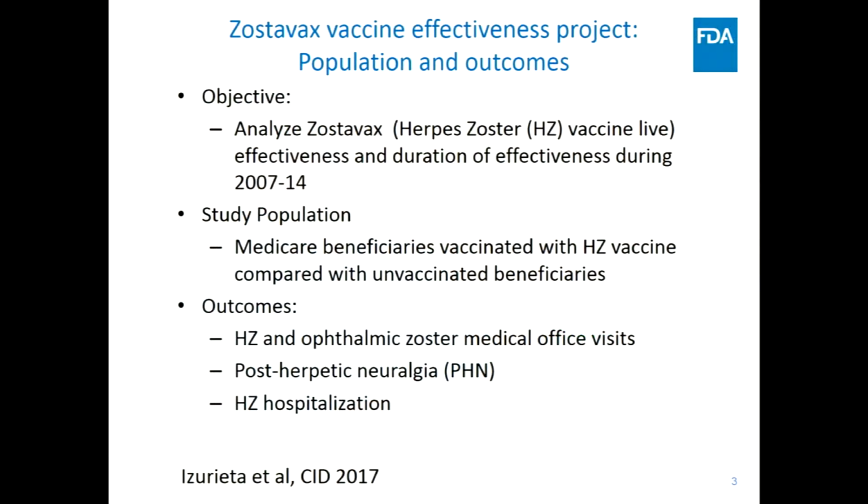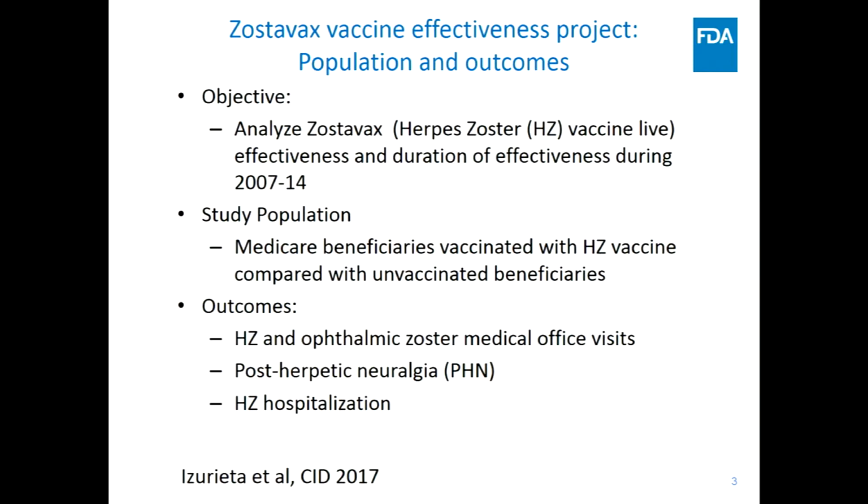Basically, what we did is try to determine the effectiveness of Zostavax vaccine, but the comparison group is the unvaccinated individuals in Medicare, which is difficult. When you compare vaccine 1 with vaccine 2, both of them are vaccinees. It's easy picking because the biases are lesser. When you try to compare vaccinated with unvaccinated, then you're in trouble, and we did get in trouble with this study up to a point.